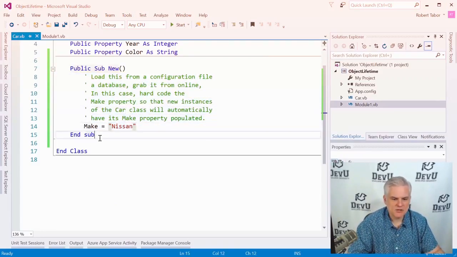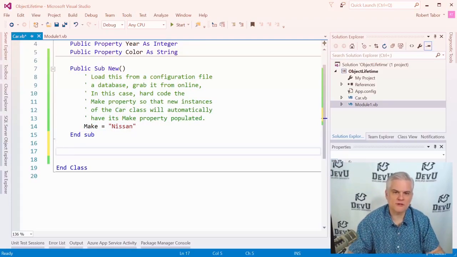But let me show you an overloaded version of a constructor. So like you created an overloaded method in one of the previous lessons when we talked about methods,